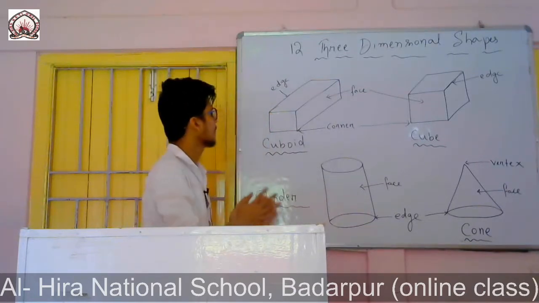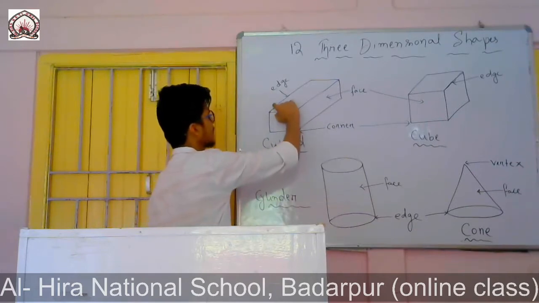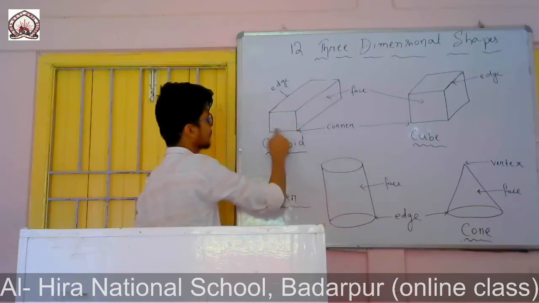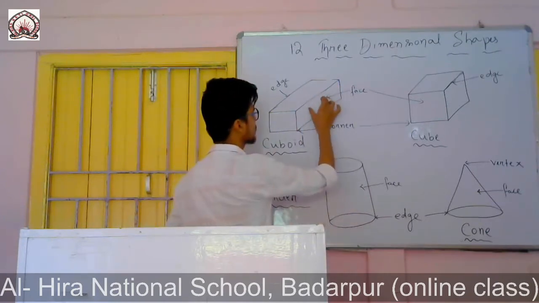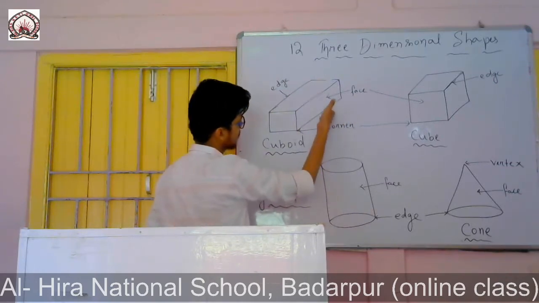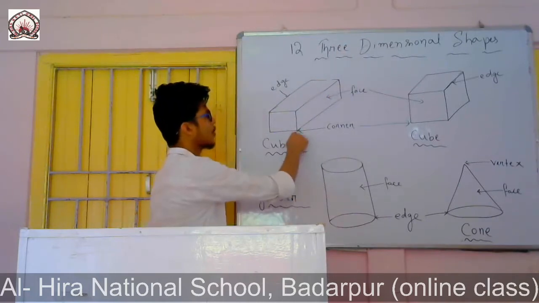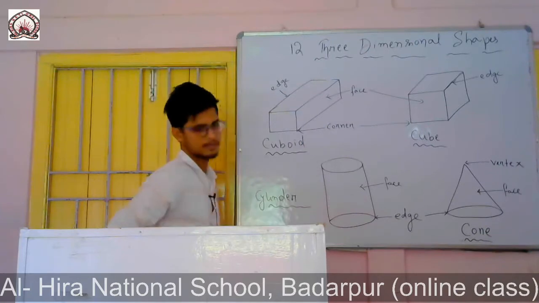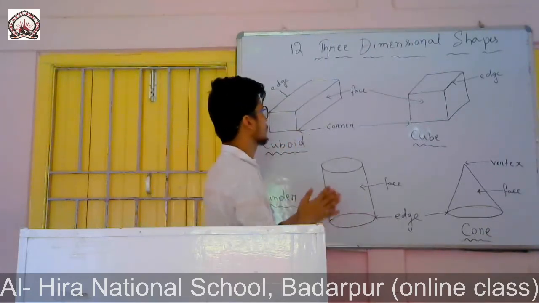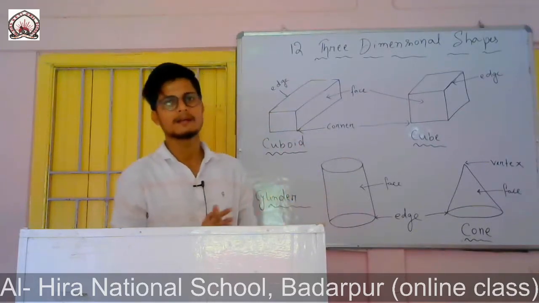So you see here, it is a cuboid. This is an edge. This side, it is an edge. These are the edges of a cuboid. Okay, these are the faces. This is one face, this is another face, there is another face, and there also you will find another one. That side also you will find one face. And these are the corners. These are the corners, or you can say vertex also, but you say it as corner. Okay, so in a cuboid the length, the breadth and height are different.